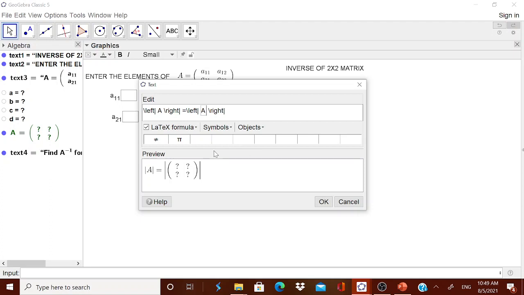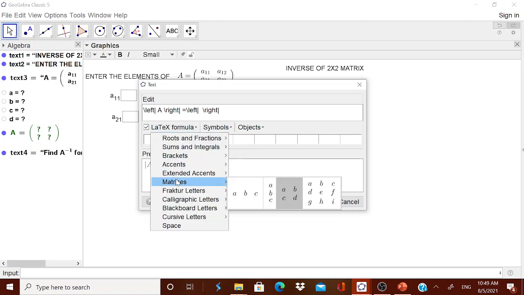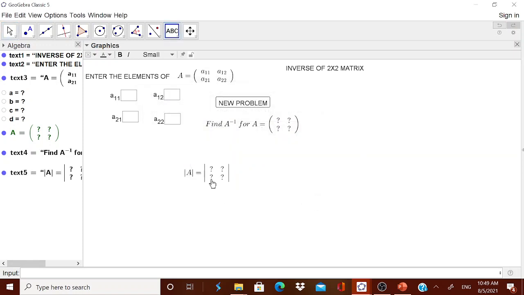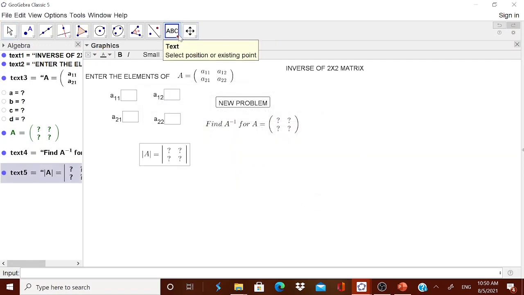Okay, if it is coming in brackets and you want to avoid it, then what you can do is go for the matrices, and there you can take from the object A, and here it will be B. Please remember the entries which you have already made. It is C and this is D. Is it okay? Okay, determinant I got. What will be its value?